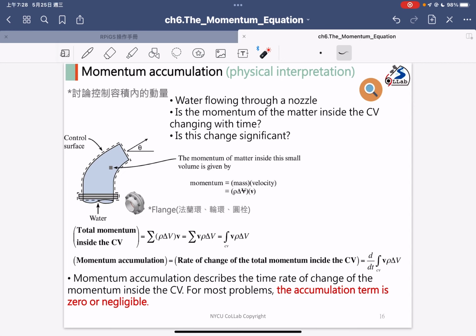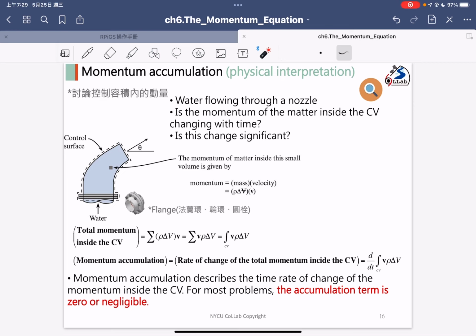So we know that based on the continuity equation, the mass inside the pipe satisfies mass conservation, so the mass didn't change. If the mass didn't change in the control volume based on the continuity equation, then second, we need to consider the velocity,